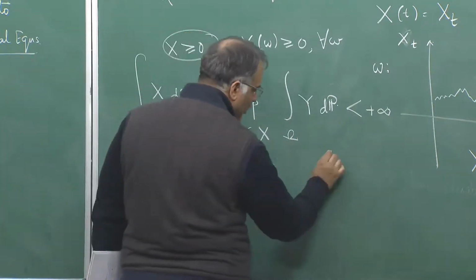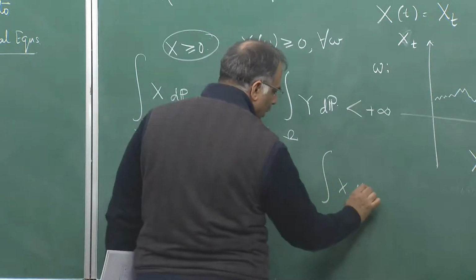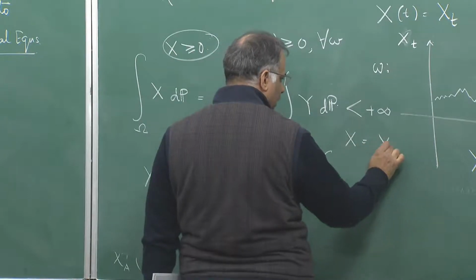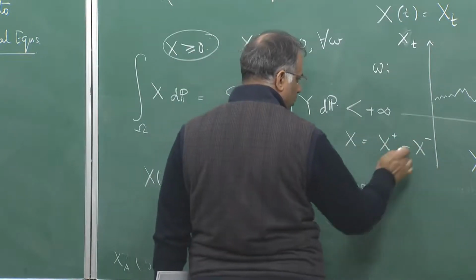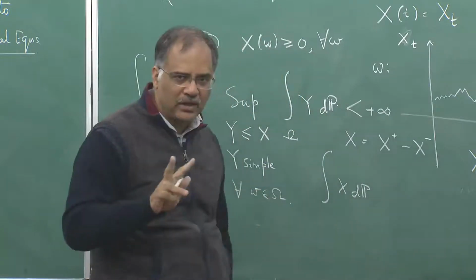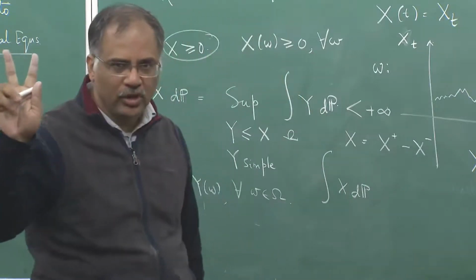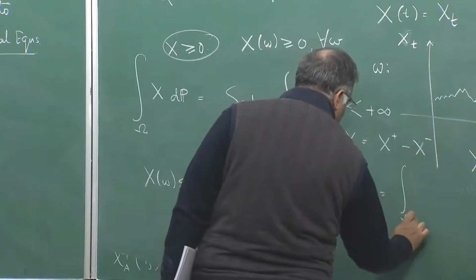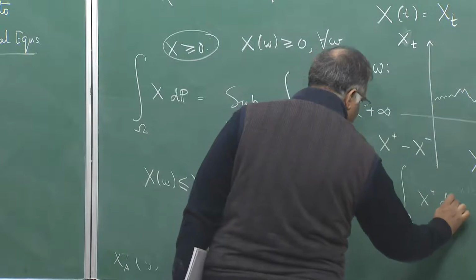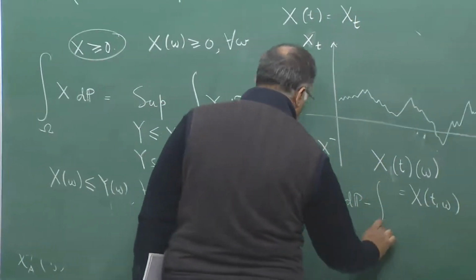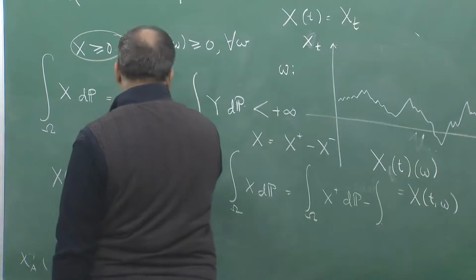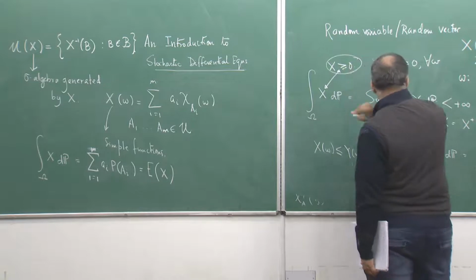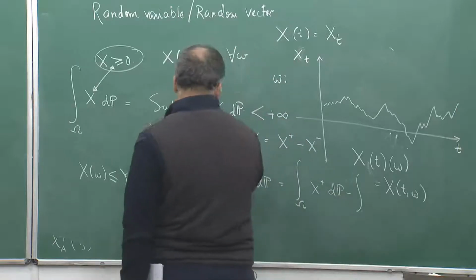Now if you want to talk about a case which does not have such a sign, then you just have to write x as x plus minus x minus. So, you can always express a real number as the difference of two non-negative real numbers. That point I missed when I made the definition, but you have to always remember that this has to satisfy the property x greater than or equal to 0. So, for that we are defining this.